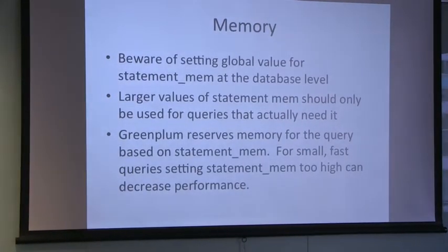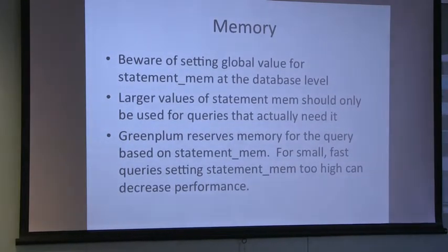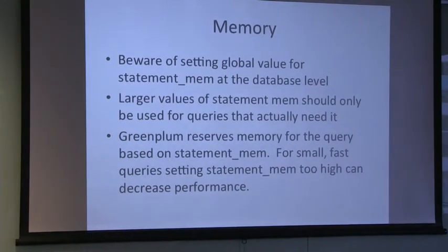Okay, so the next subject is memory. In Greenplum, there's a session level variable called statement memory, which we use to control memory allocation for queries. There's a great temptation to set that to a very large value across the board. The problem is that larger values of statement mem should only be used for queries that actually need it, right? Greenplum actually reserves memory for the query based on the statement memory. It pre-allocates it,